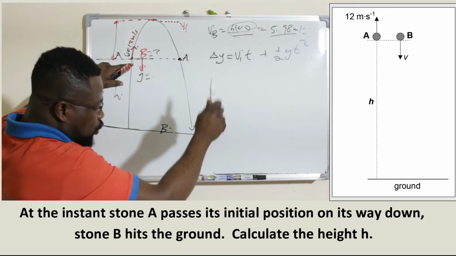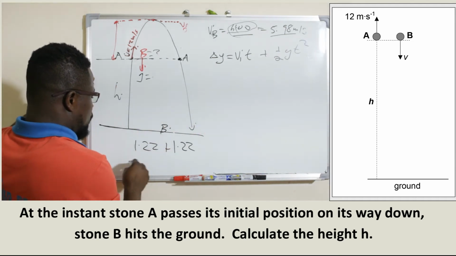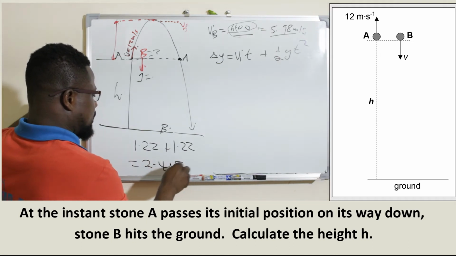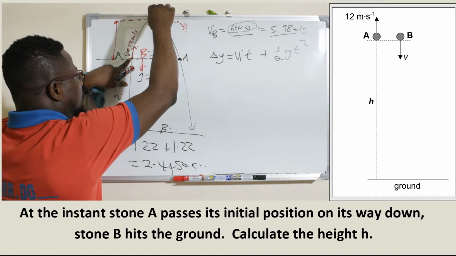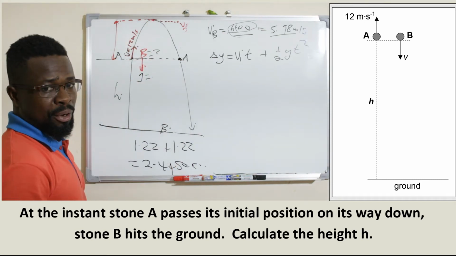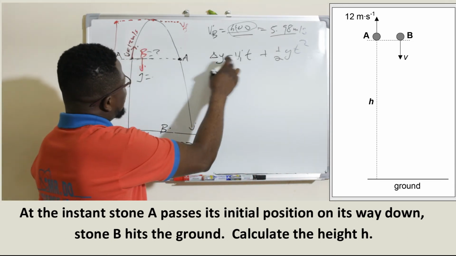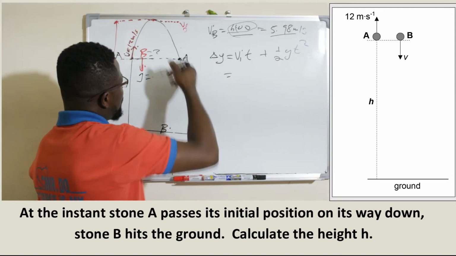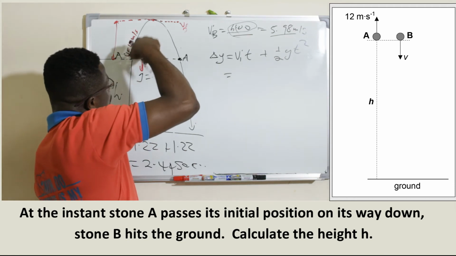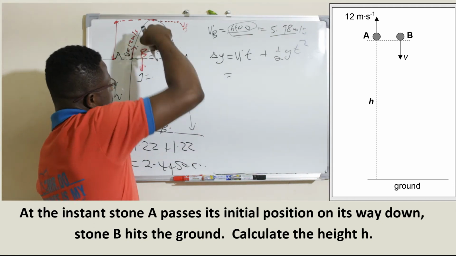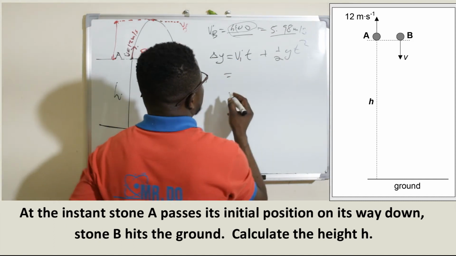It's going to be 2.44, because 1.22 plus 1.22 gives me 2.44 seconds. And that is the time I need to use, because from here to here is 1.22, then from here to here is also going to give me 1.22. So straight away, this initial velocity for A to come down, I'm going to use it to calculate that one, because now I know the time it is going to take to reach the ground. So I'm going to have this, which is going to be